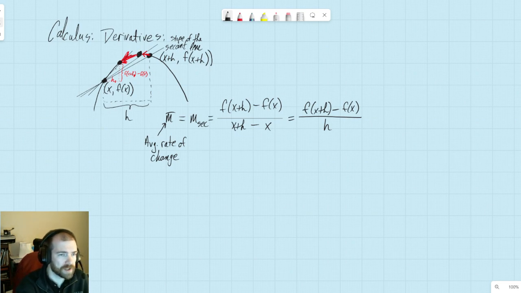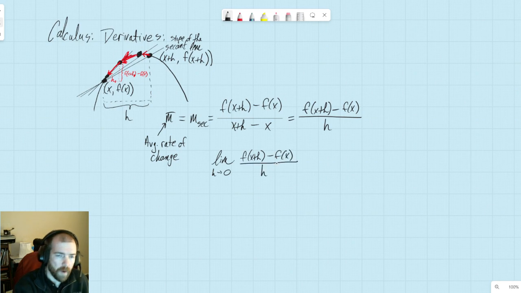Alright, so Newton said let's do this over and over and over again until we get 2 points that are so close together that we might as well pretty much call them the same thing. So we took this limiting process as h approaches 0 of f of x plus h minus f of x